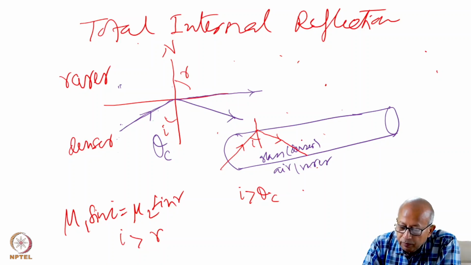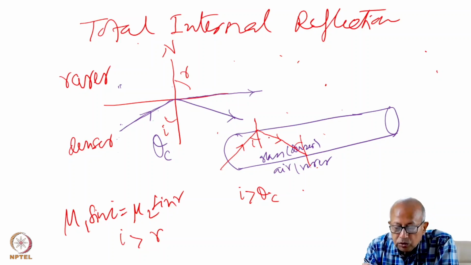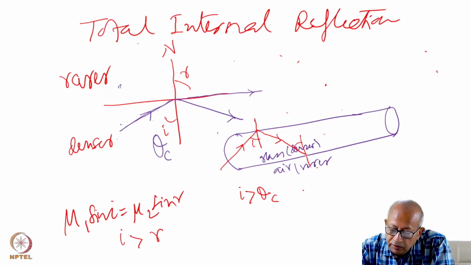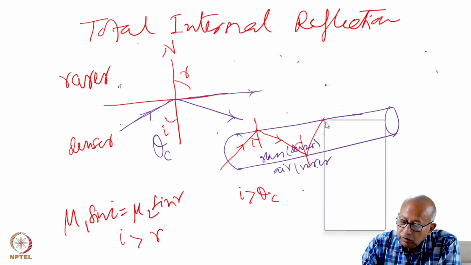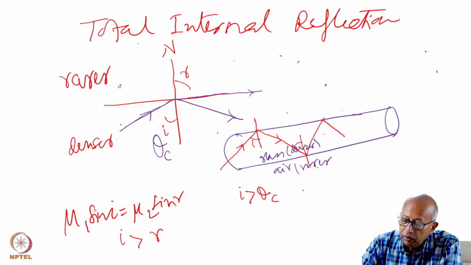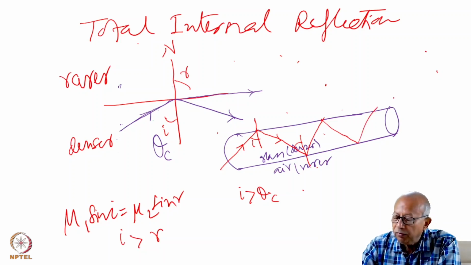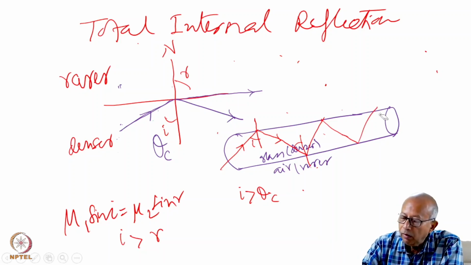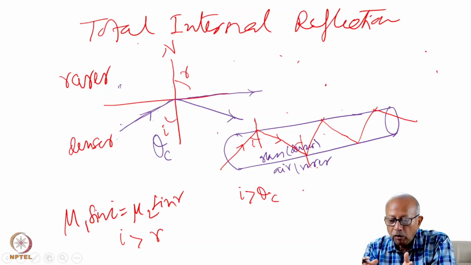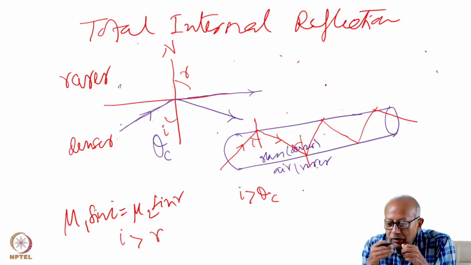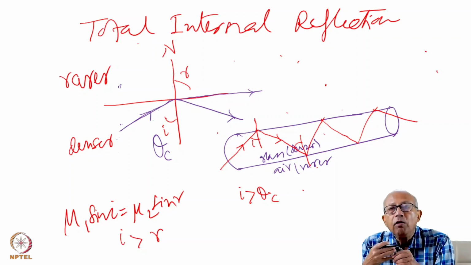So here again, the angle of incidence will be the same, which is more than the critical angle. Therefore, here again, it will be reflected. And it will continue to travel through the fiber in such zigzag paths. Every reflection, it will follow, it will be totally internally reflected. Eventually, it will emerge from the other end. Although I have shown here just a small tube, but in reality, it can be very, very long.